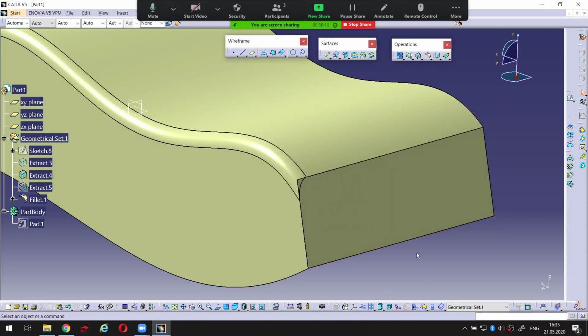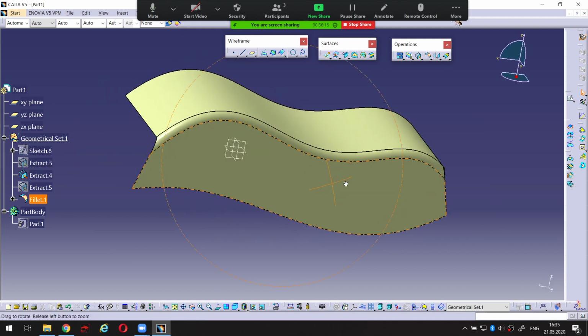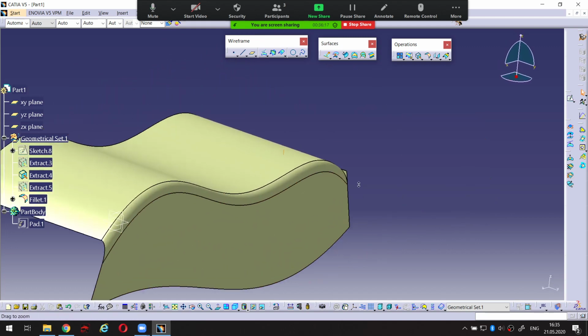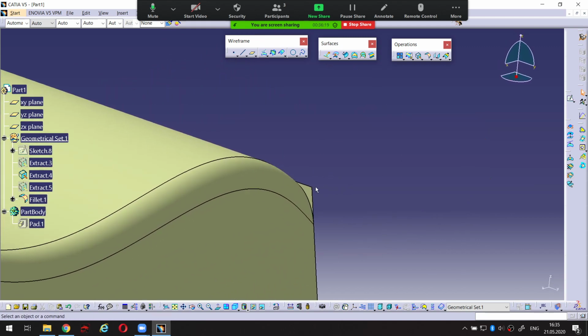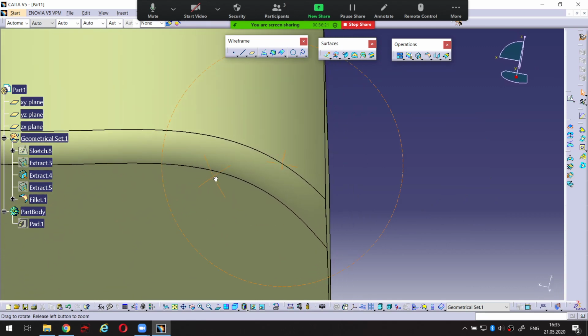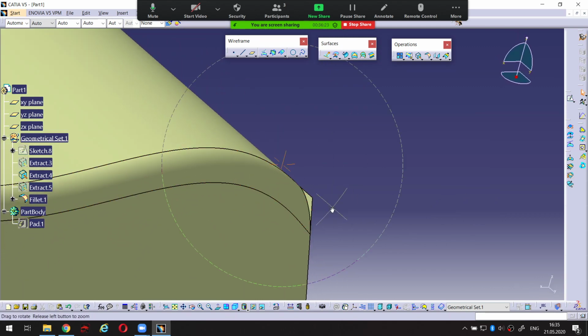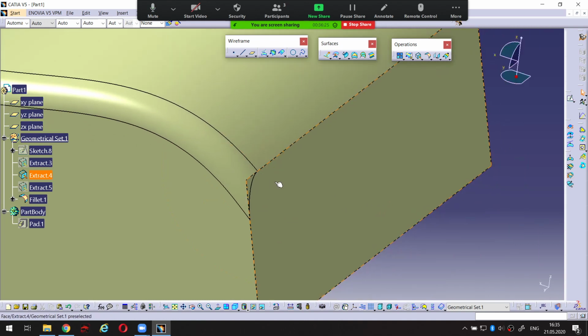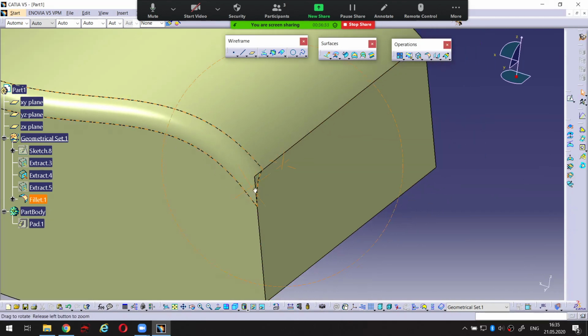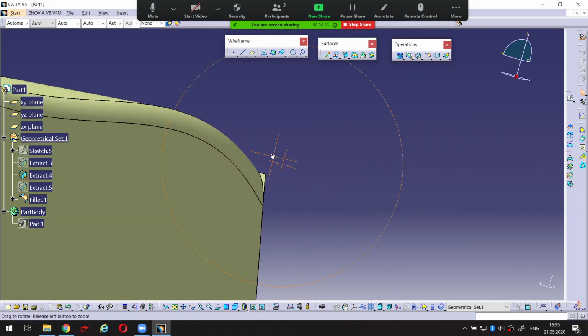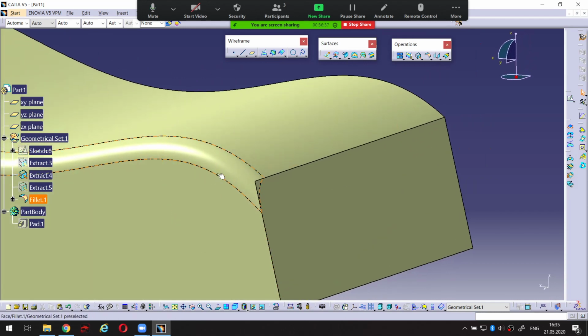If I click on OK, I can see a fillet, but there is a little messy thing here. This little part of the surface, okay. So I double click on this fillet,